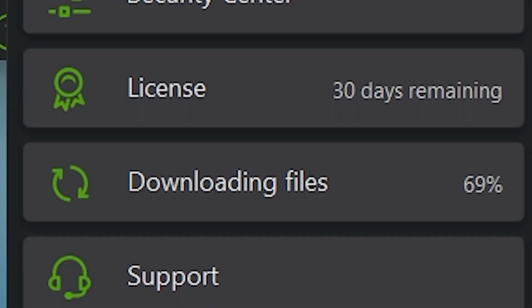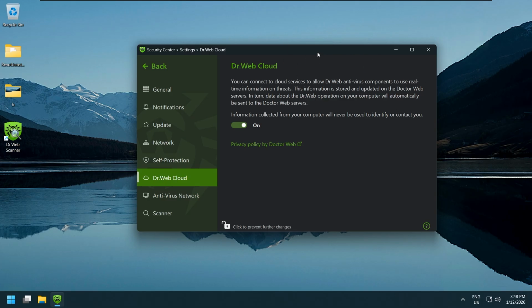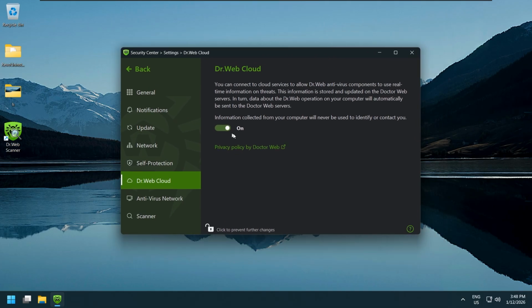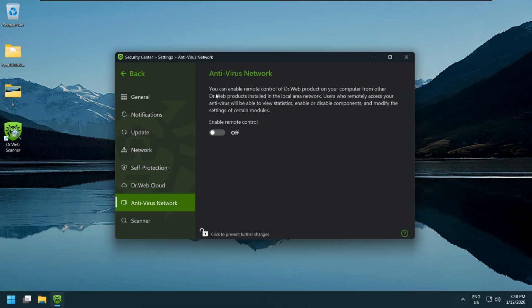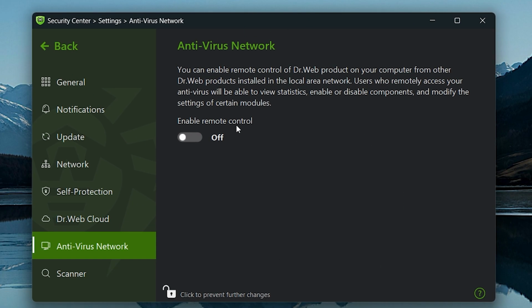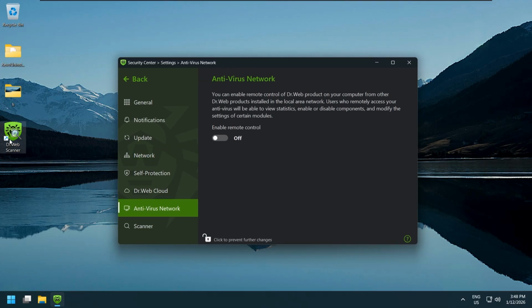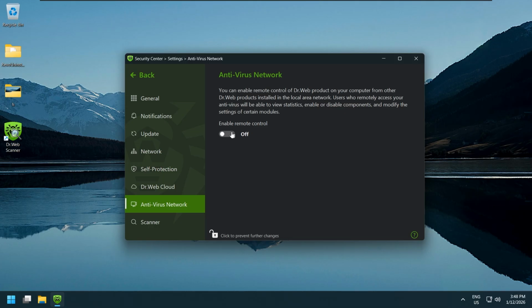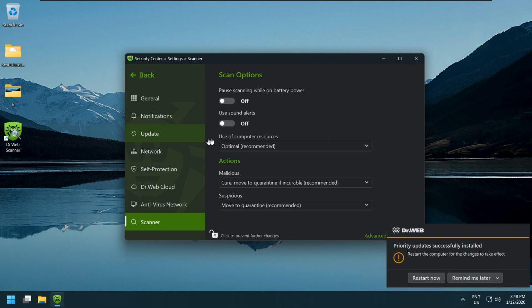Okay, I may not have wanted to see that number. Then we have Dr.Web Cloud, which is a cloud component that allows you to grab information from the cloud about threats and all that. Then antivirus network, I am not going to enable this. I don't think you should, and you don't even have to. That's a bit of a scary setting to have, because if one of your computers gets breached and they have this on for some reason, they can just go ahead and tinker with your antivirus all they want, which is not good. Then we have scan options, and use resources and all of that, and then there's nothing